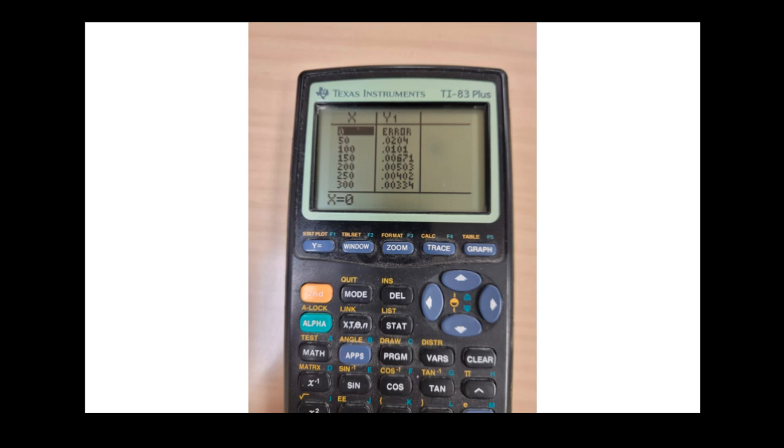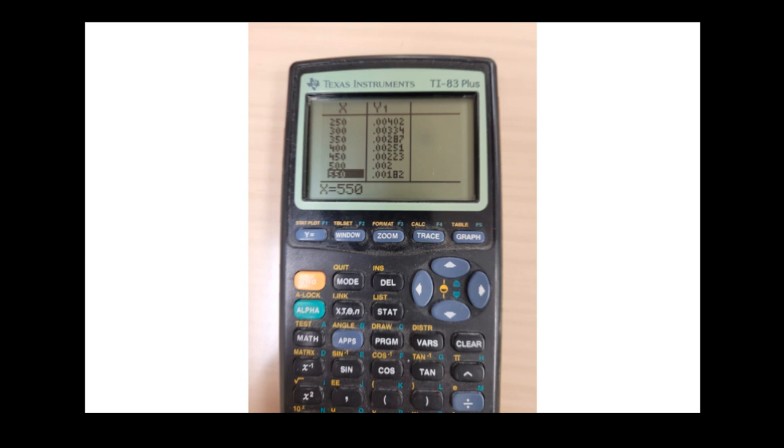Now, it just so happens that when you plug in 0, you don't get a real value. But look what happens when you plug in 50, 100, 150. Look what kind of values we're getting over here. They look awfully small. Let's plug in some more numbers. 350, 400, 500. Look at these values. If you're saying, well, they're kind of decimals, yeah, but they're decimals that are getting closer and closer